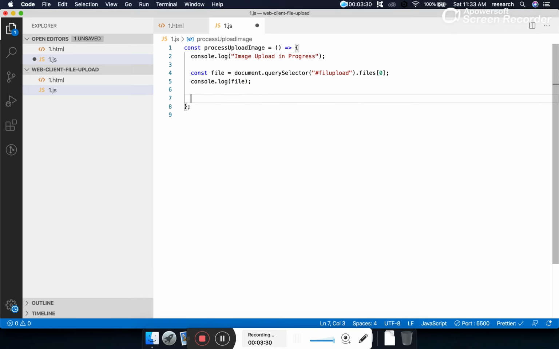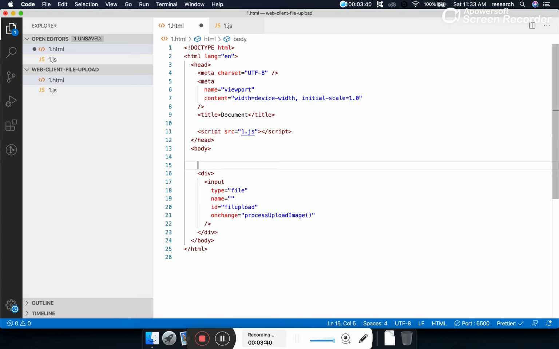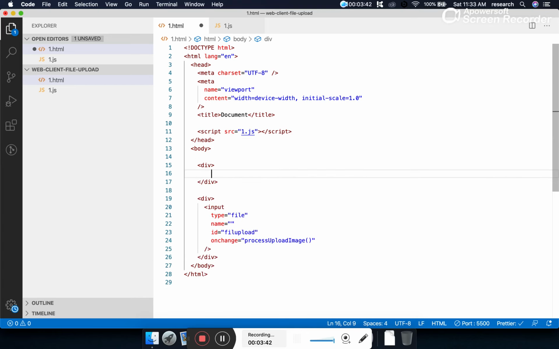Now before uploading, let's review this file before loading. So what I will do, let's create another div, and let's create an image tag with src.